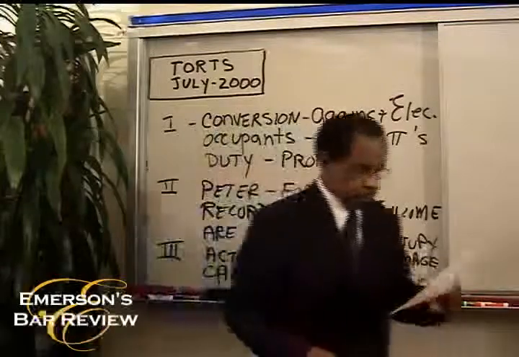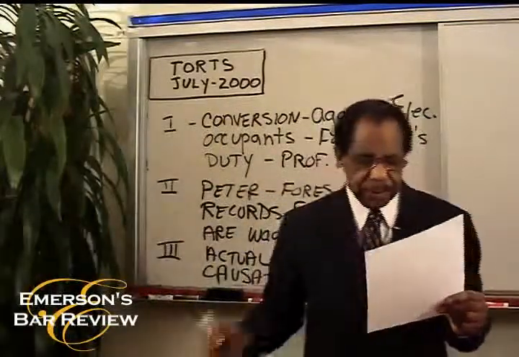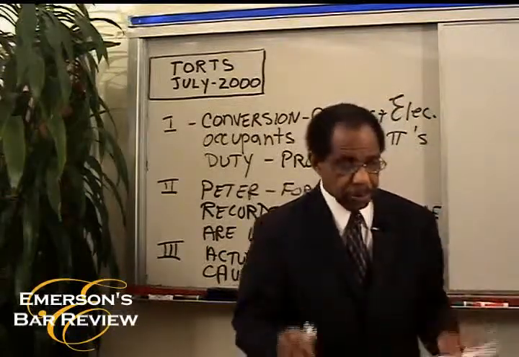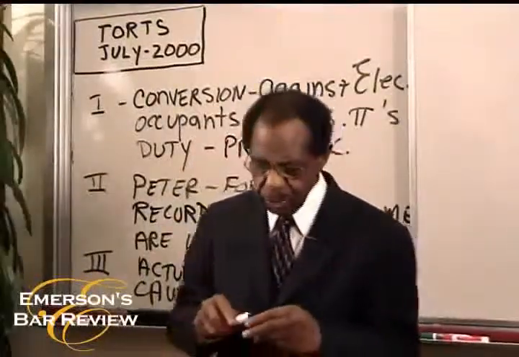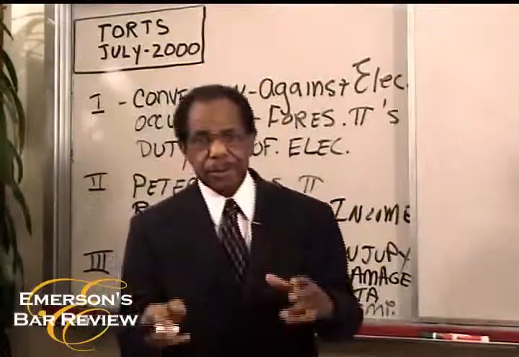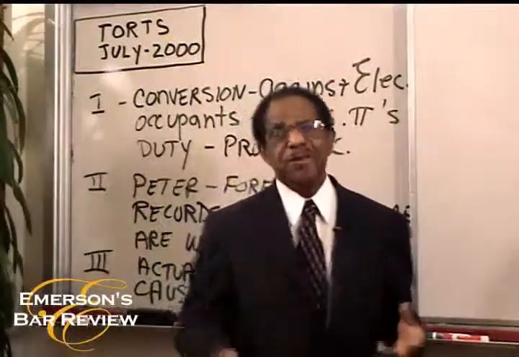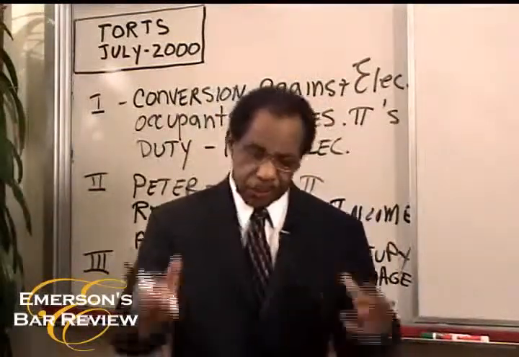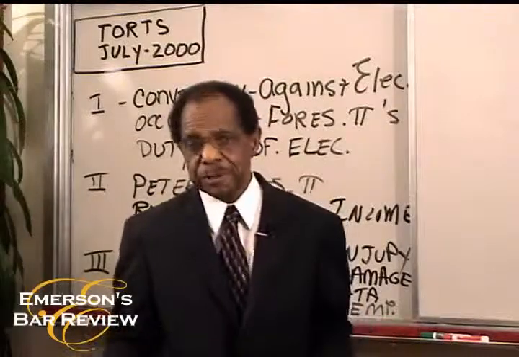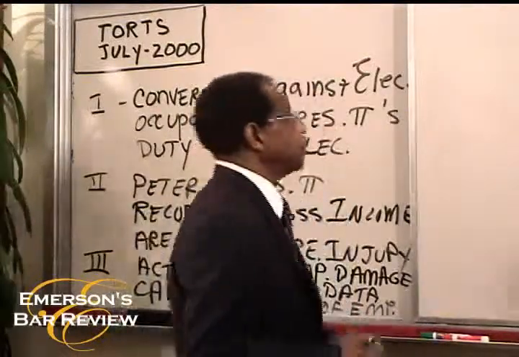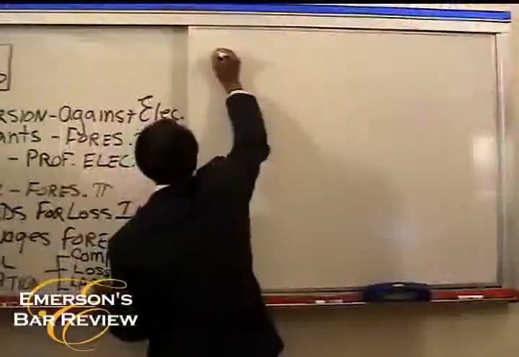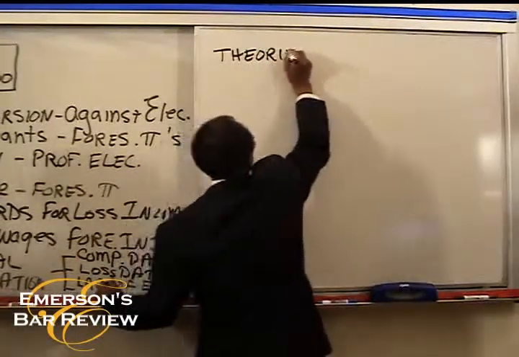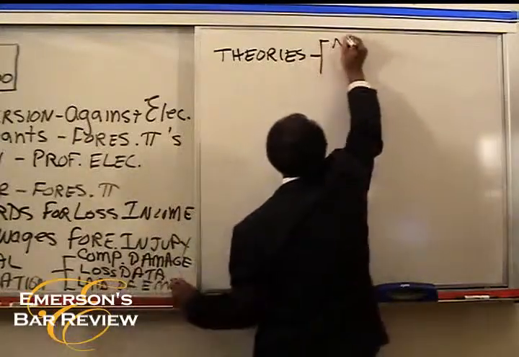So they ask you, number one, in an action against Dan, what theories, if any, might Peter assert, and what defenses? Well, if they're asking you what theories might Peter assert, you must come up with more than one theory, even if you defeat the theories. But you can't just put one theory down when they ask you what theories. And so the theories that he should bring are, let's put them here. And his theories are, of course,